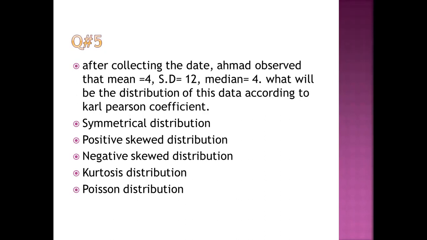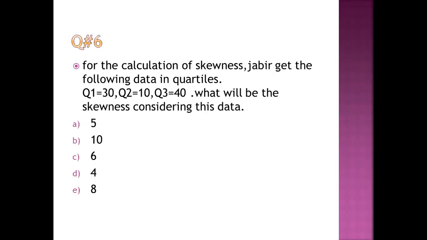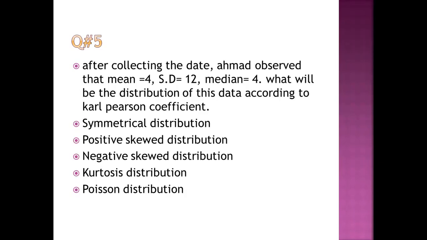Considering the Karl Pearson coefficient, we will have the answer of 0 because the mean and median are the same number. So 4 minus 4, into 3, divided by standard deviation will be the formula which we will use here. So the answer will be 0. So if the answer of the Karl Pearson coefficient is 0, then it will be the symmetrical